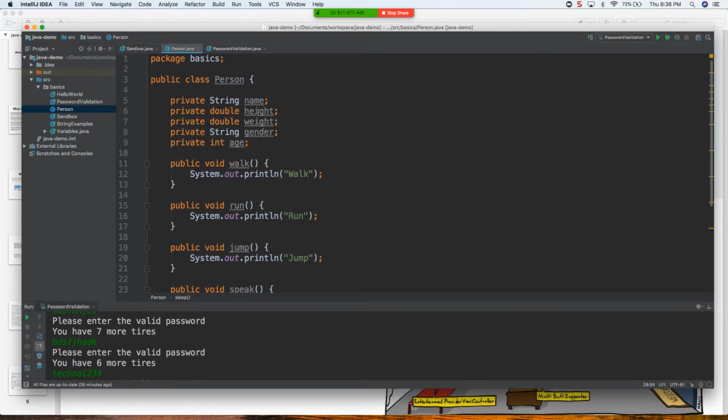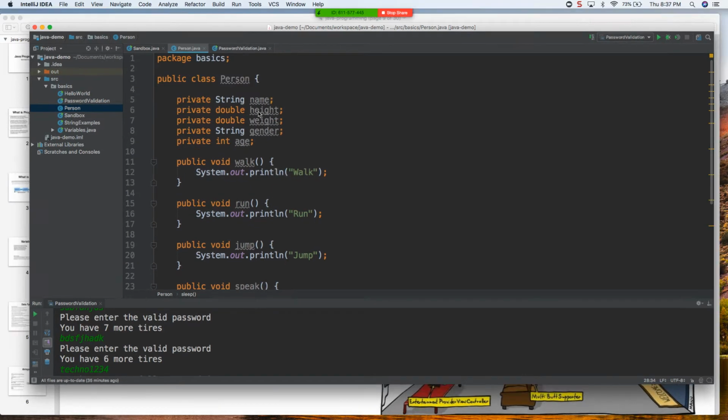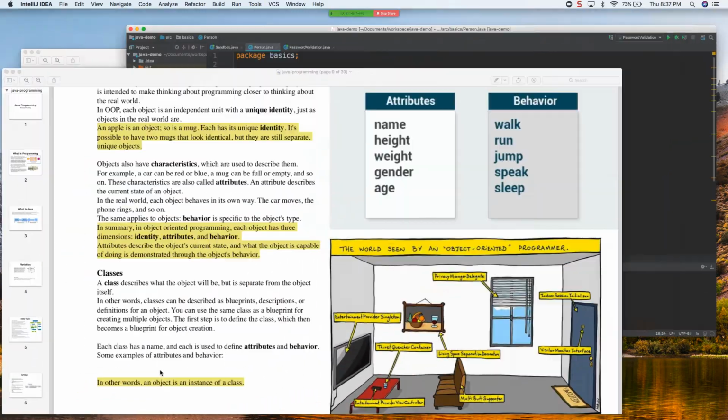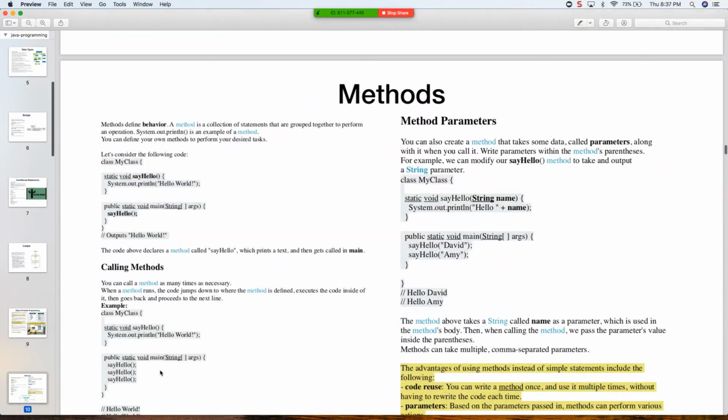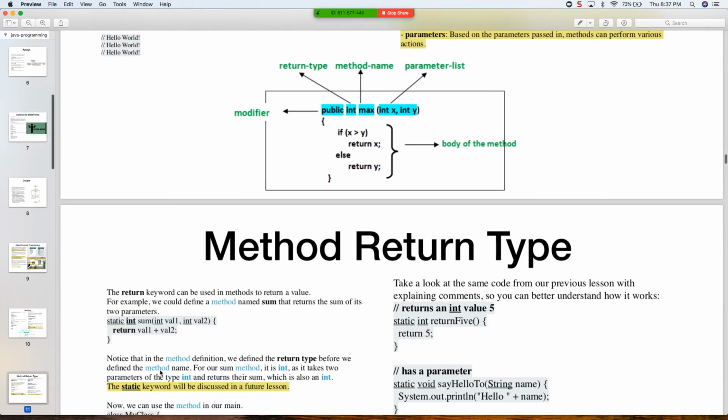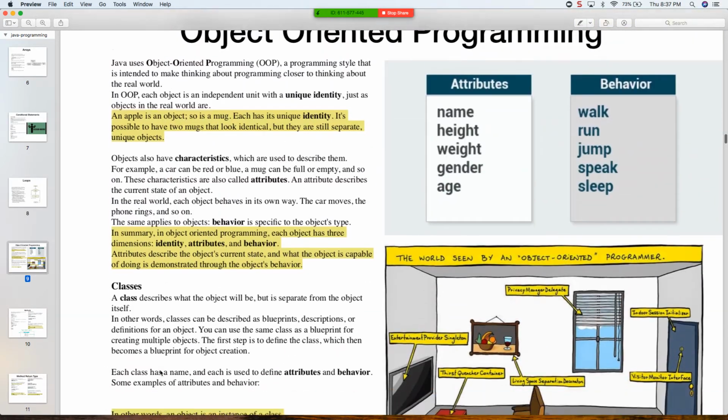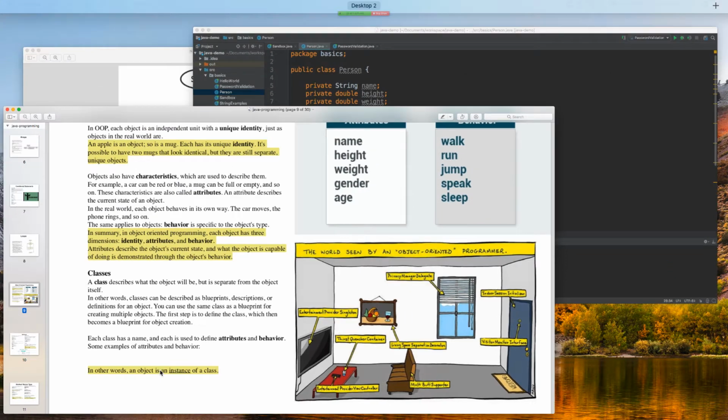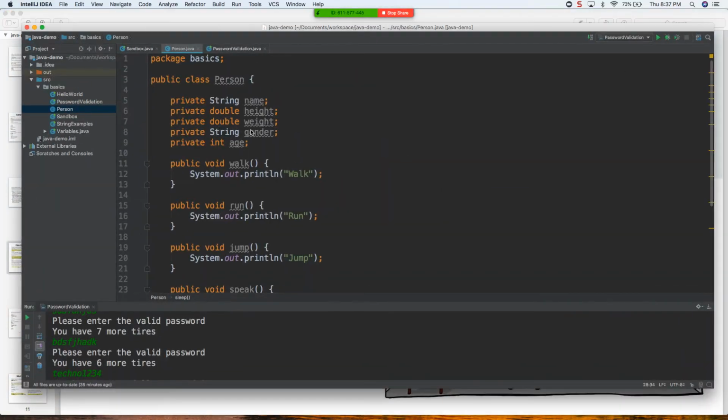Right? So now you have all this. How do I actually call this person? How do I create that object? Right? So that's the next step. If you wanted to access person, similar to scanner, so think of a scanner. Scanner was built in a similar way, right? Scanner had some attributes and some characteristics. They had some goals that they wanted to accomplish, right? So if we wanted to access this person,